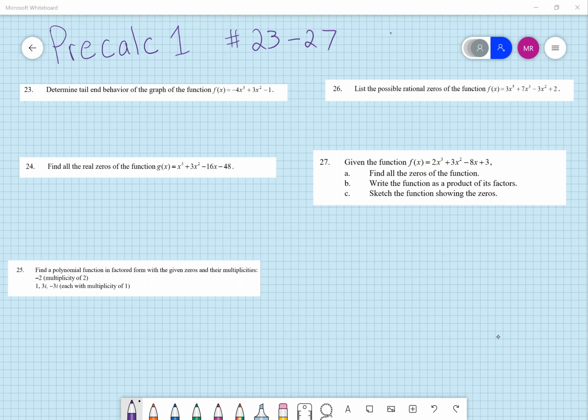Once again, we're continuing with our Pre-Calculus 1 review. Hopefully we can get through problems 23 to 27. Let's get going. 23 reads, determine tail end behaviors of the graph of the function negative